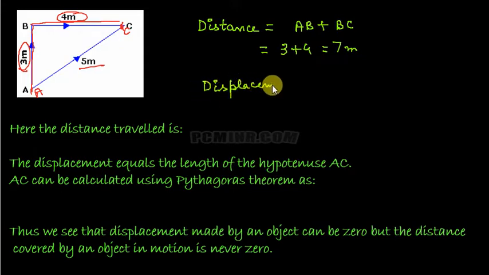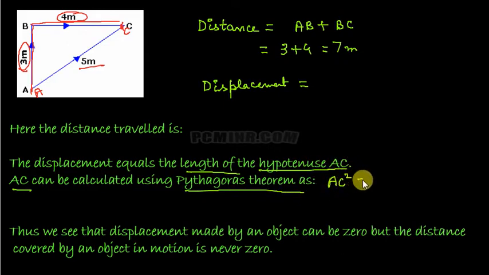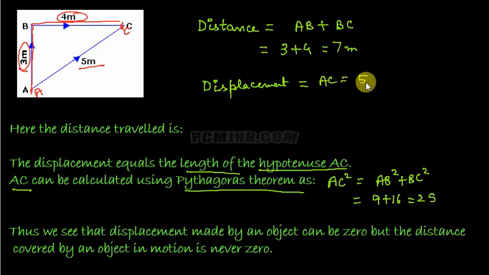Now we know that displacement is the length of the hypotenuse because it's going to be the shortest distance. So we say that displacement is the length of the hypotenuse AC. And how do we calculate AC? You've done Pythagoras theorem in maths. Therefore, we can find out here AC square is equal to AB square plus BC square. So that gives you 9 plus 16, 25, and therefore your AC is 5 meter. So you can make out how your displacement is coming out to be different from the distance every time,